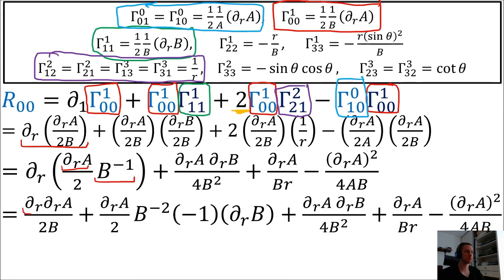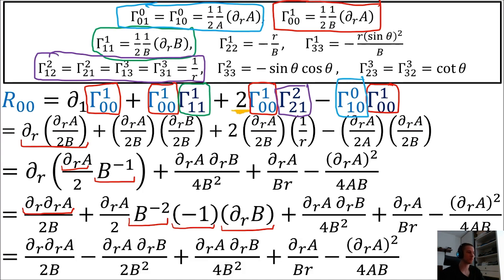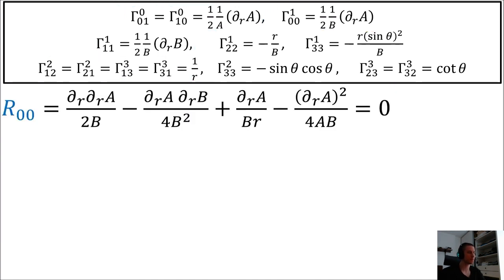We get the second partial derivative of a in the first term and use power rule on b to the negative 1 to get b to the negative 2 times negative 1 times a chain rule derivative term. Rewriting, we get this. Now remember, all of this is equal to 0, since the Ricci tensor is 0 in